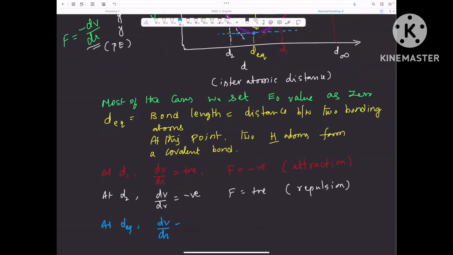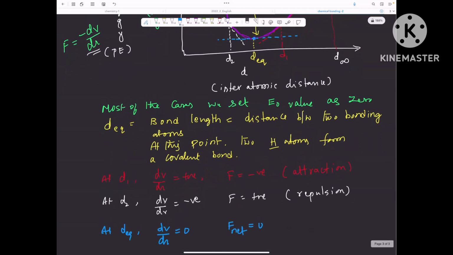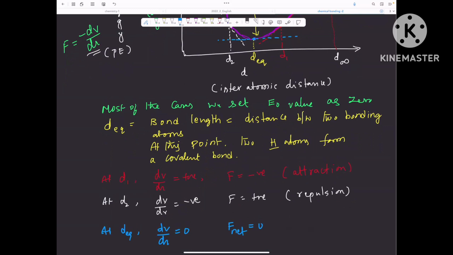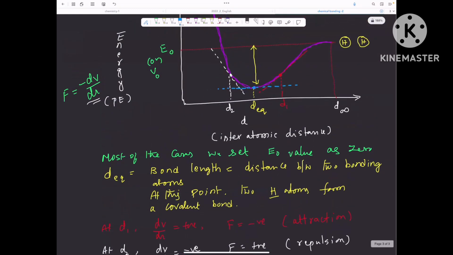dV by dr, slope is 0. Therefore, net force is 0. So neither attraction nor repulsion, the net force is 0. At the same time, if you compute